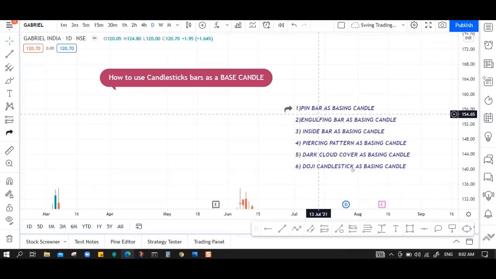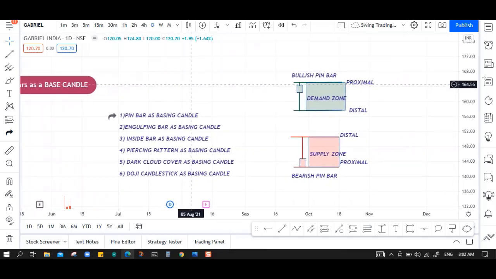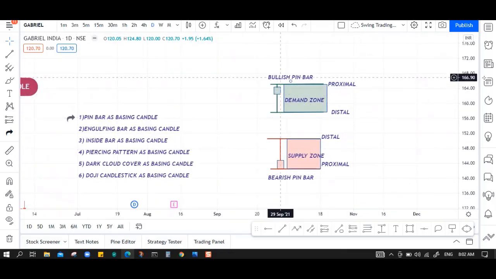Normally a pin bar consists of a price bar, typically a candlestick price bar, which represents a sharp reversal and rejection of the price. The pin bar reversal, as it's sometimes called, is defined by a long tail, and the tail is also referred to as a wick. Let me show you one example here. So this is a bullish pin bar and this is a bearish pin bar. The area between the open and close of the pin bar is called the real body. Understand? Pin bars generally have small bodies in comparison to the long tails.